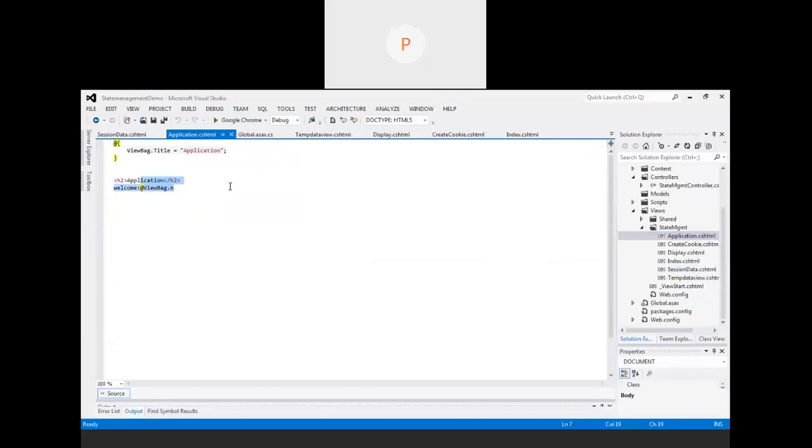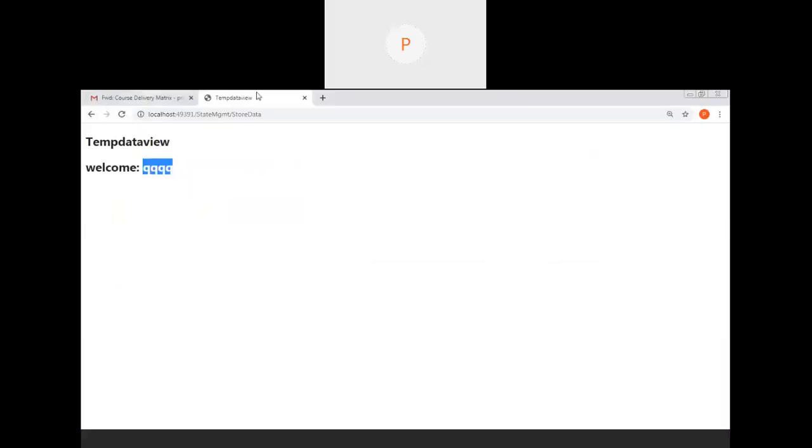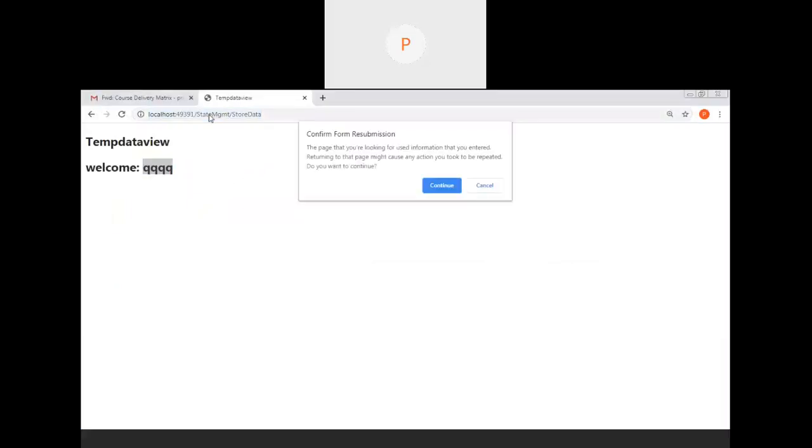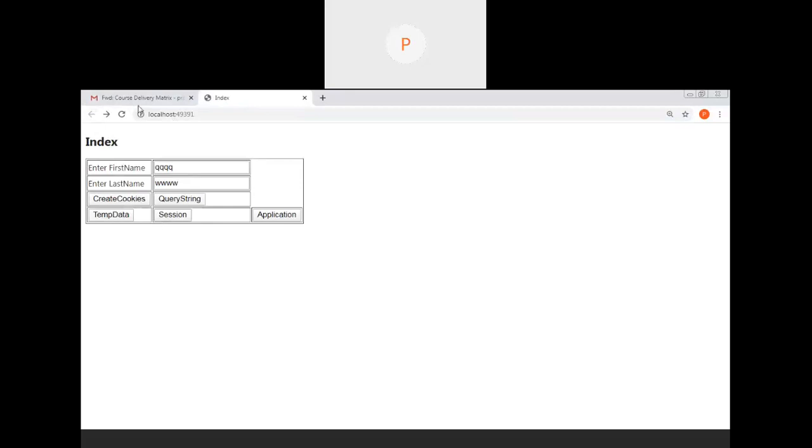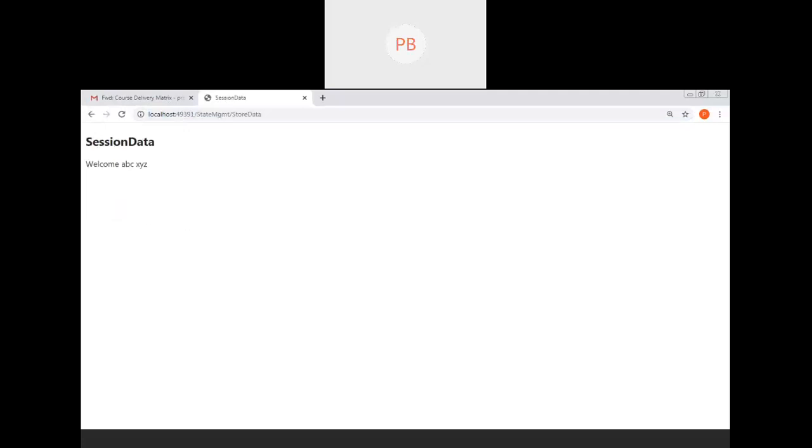There is not a very different example in this, it is simple. The data will be stored, and if I'm saying application, again the data will be stored. So understood this much part?